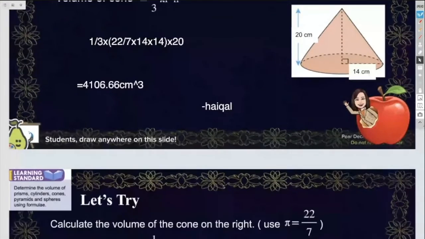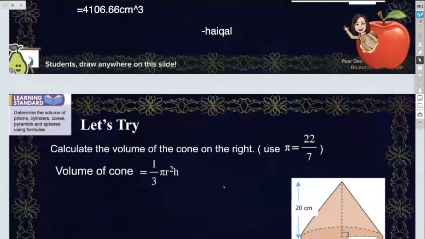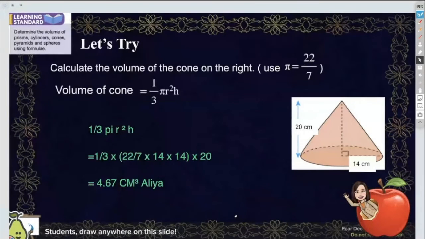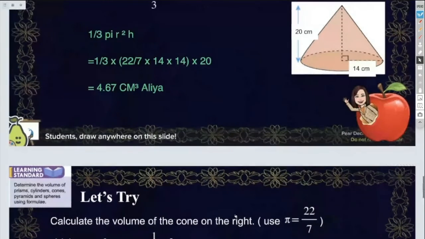Cepat-cepat. Okay, Haika betul. Haika salah. Haika, 2 tempat perpuluhan, you're behind that, all the number is 666, right? It's a recurring decimal, which is 666, then you have to round off. When the third digit is more than 5, then you have to round off. So the last answer should be what? 6.66 or 6.67? Alia, tekan semula calculator, macam mana menjadi semakin kecil, your answer 4.67 ni. Ini Alia tu kena ambil kursus calculator.